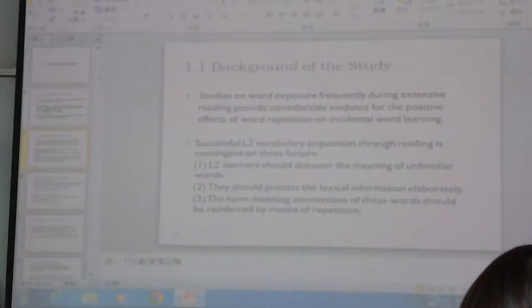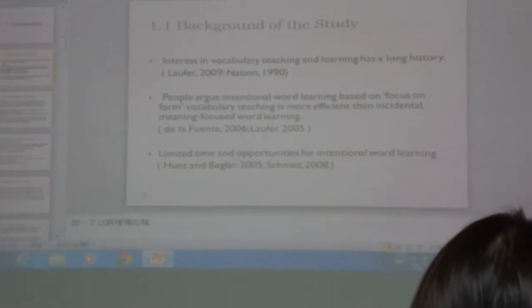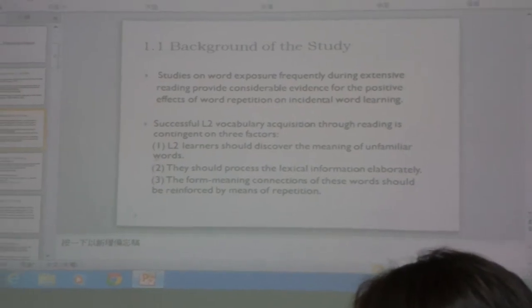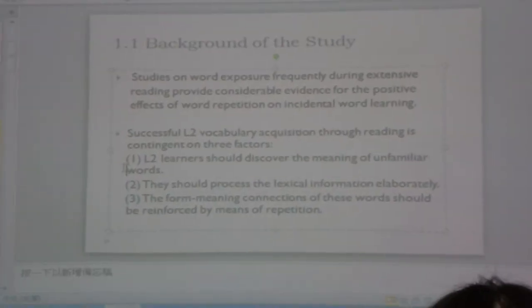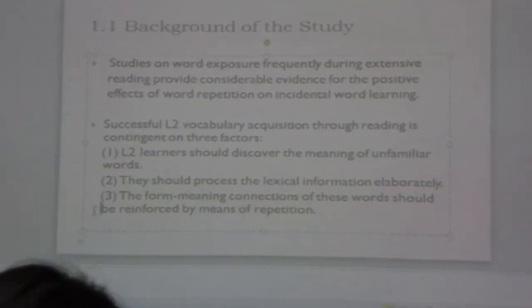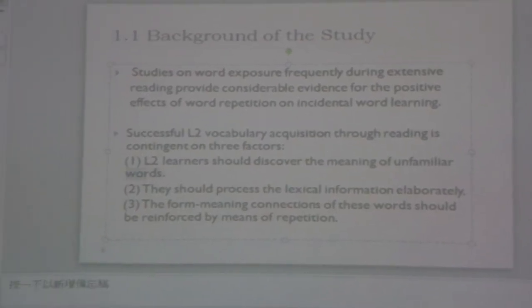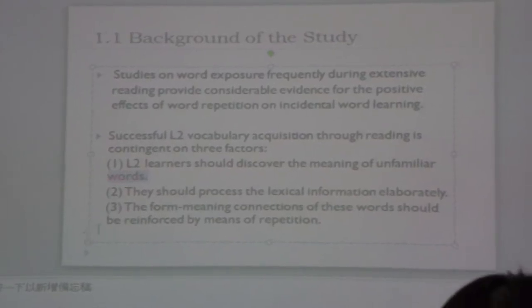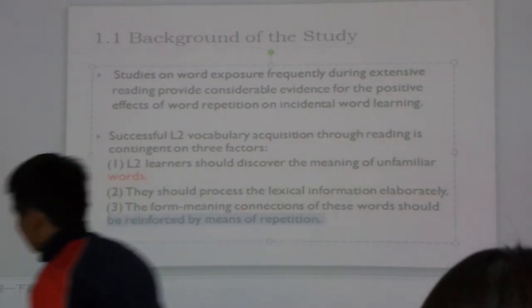And then please go to 1.1, background of the study. Next page. Yes, here, the second bullet point. You have 1, 2, 3, right? So this indents the second line of each sentence. For example, words, and then we reinforce. So the indentation is important here. 把它缩进去这样，像 words 那个地方要缩进去，reinforce 那个地方缩进去。